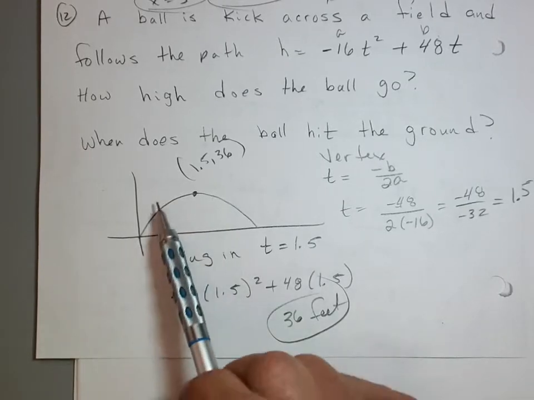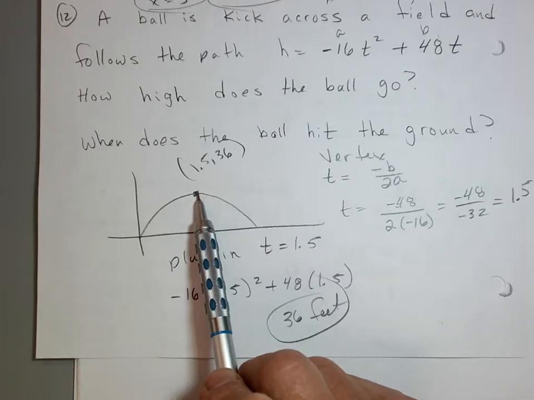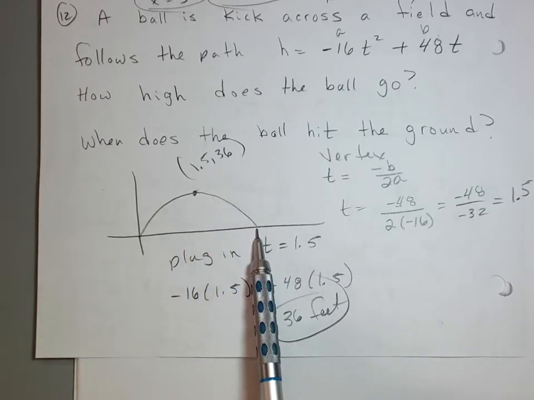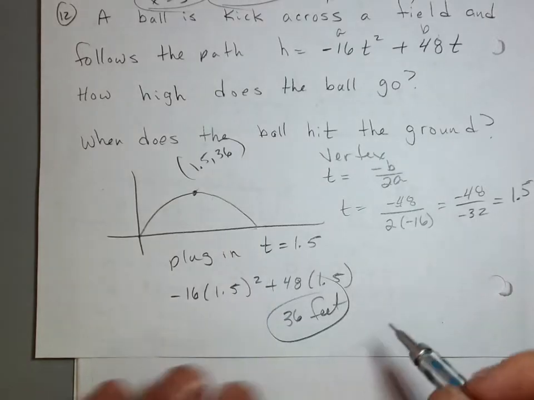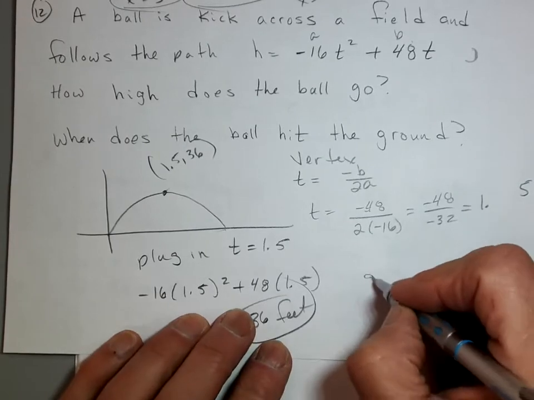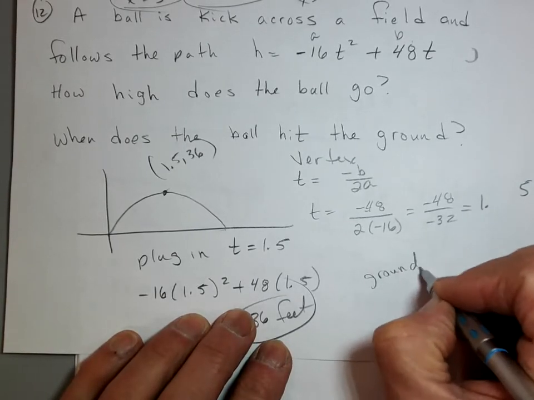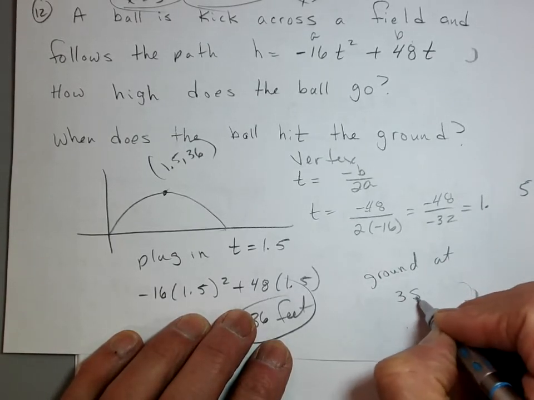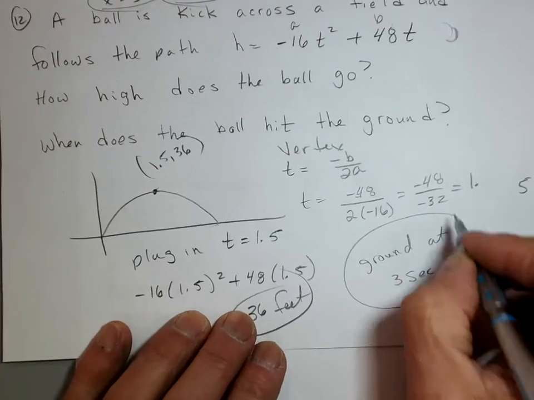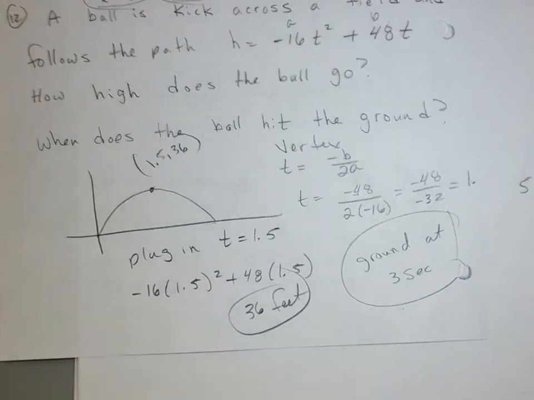So if it takes 1.5 seconds to get to here, how much time does it take to hit the ground? 3 seconds. That's it, just 3 seconds. It's that easy. So it hits the ground at 3 seconds. Okay, Caleb, question. So if I graph this,